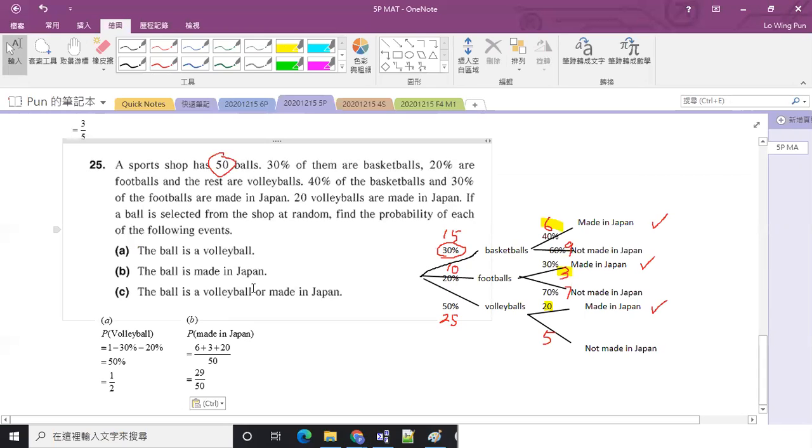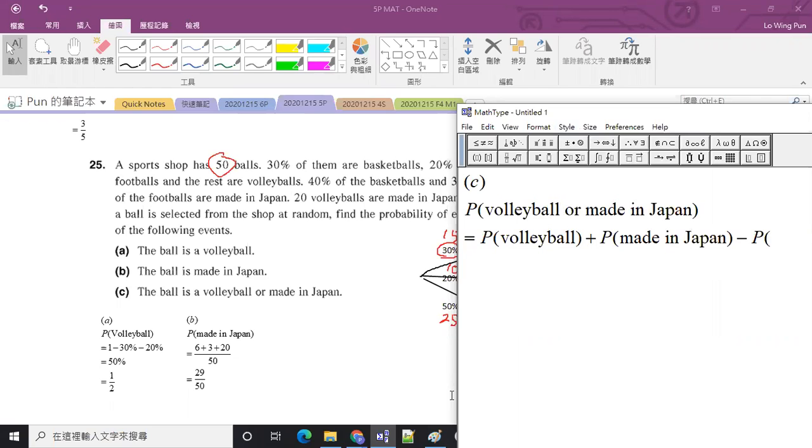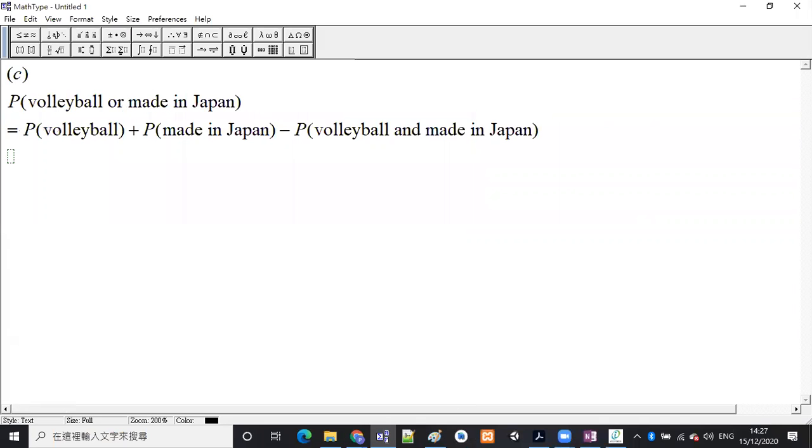Get it? And then part C. Part C. The ball is a volleyball or made in Japan. 咁又係玩呢啲啦，係嘛？Part C P volleyball or made in Japan。咁又係啦，is P(A) plus P(B), volleyball plus P made in Japan, and then minus P(A and B), made as volleyball and made in Japan。OK, 好啦